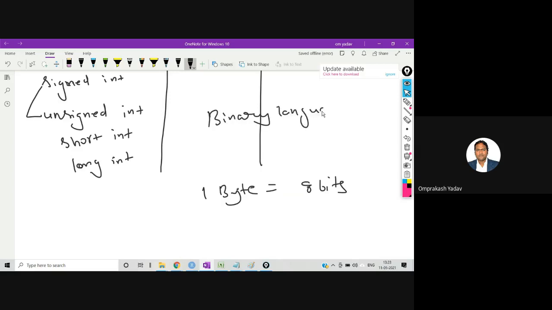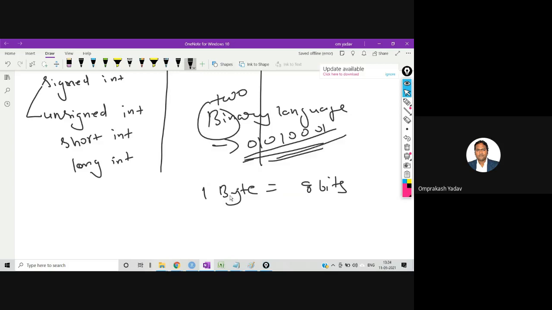So what do we mean by this binary language? A binary language is nothing but zeros and ones, streams of zeros and ones. Only two kinds of symbols are there. Bi means two. Only two kinds of symbols are present, zero or one, in the binary language. So it will have a bits representation like this. So 1 byte is equal to what? 8 bits, right?